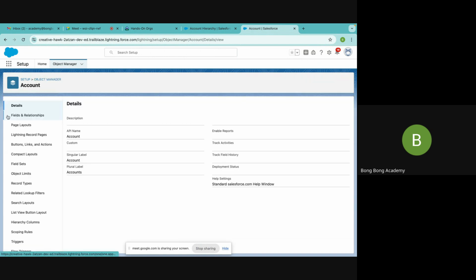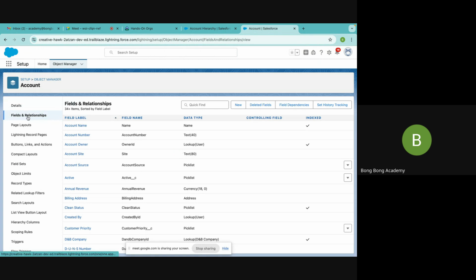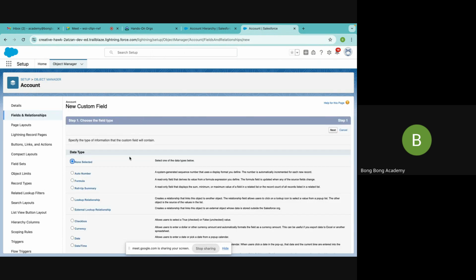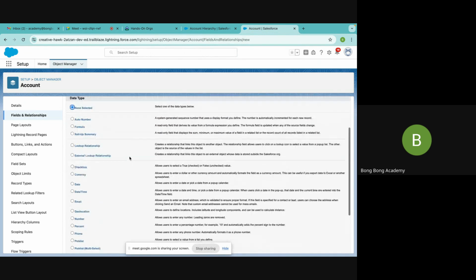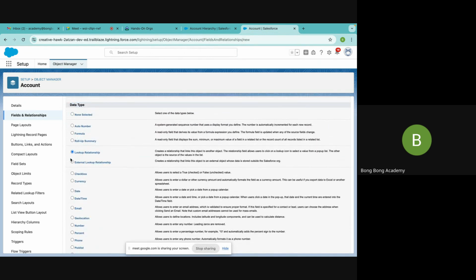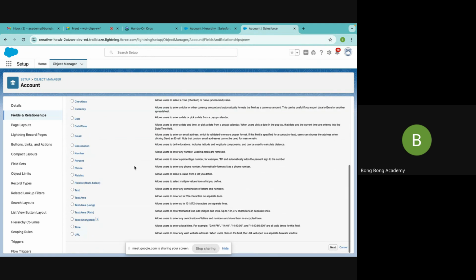So this is in every object manager. If you jump into any object, you will see Fields and Relationships, the first tab, which will show you all fields. Here you can create new fields. We have already discussed all the different kinds of fields. So these are the lookup relationships. You see the master-detail option is not available to you, because for standard objects you do not have master-detail